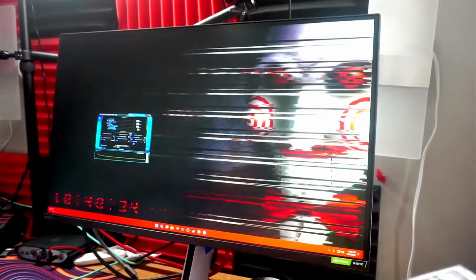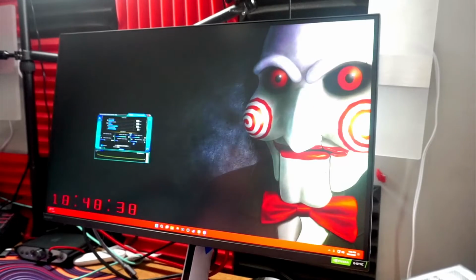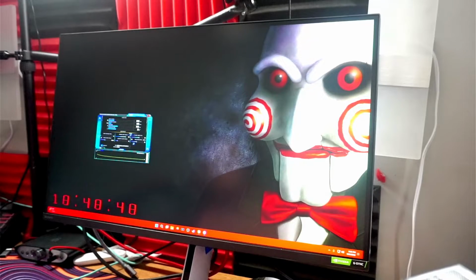I actually was going to use it with a VESA mount, but that brings me to my next point. It is VESA 100 by 100 compatible. However, the square in which you would use the VESA mount is so small that unless you have a small